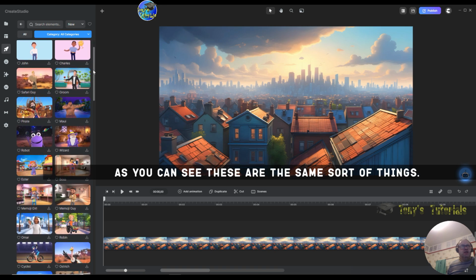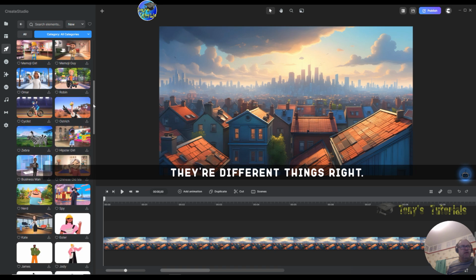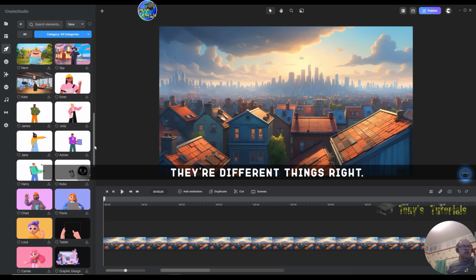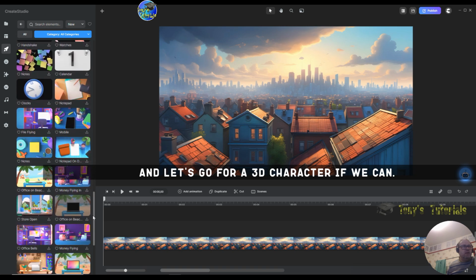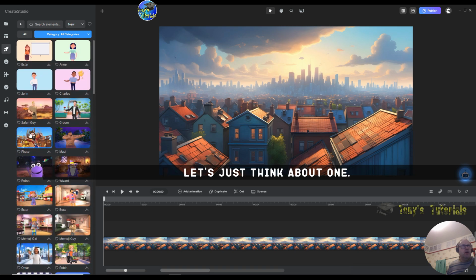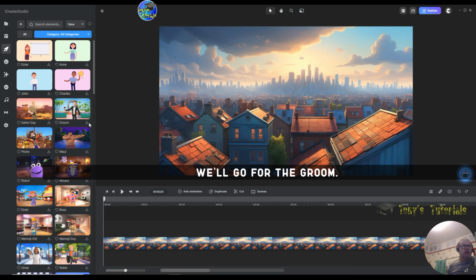As you can see, these are the same sort of things. They show you different characters with different things, right? And let's go for a 3D character if we can. Let's just think about one. We'll go with a groom here, or maybe the pirate. We'll go for the groom. Let's just download him from the